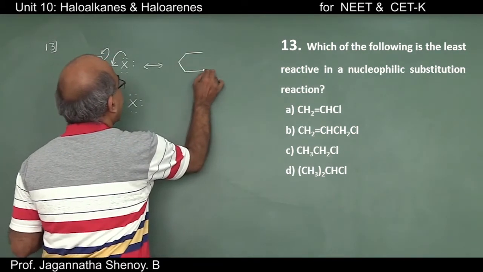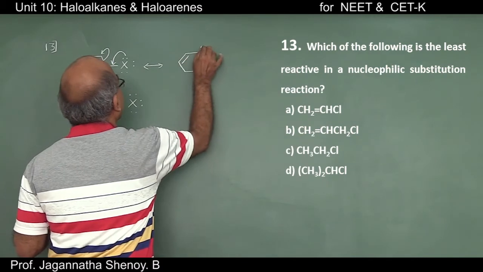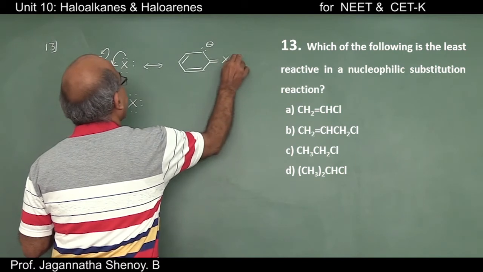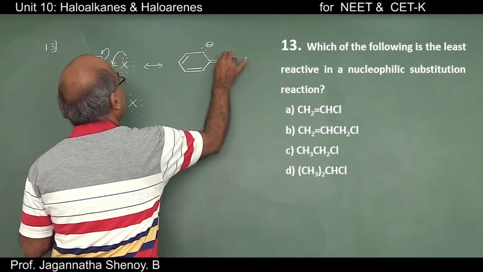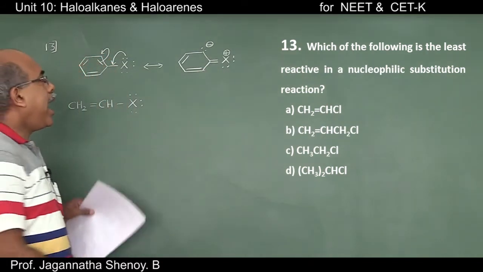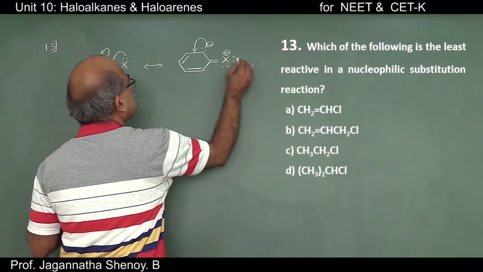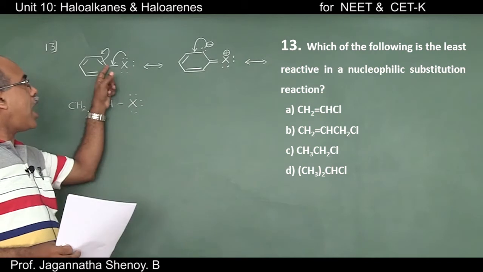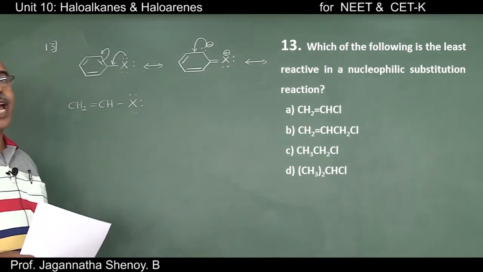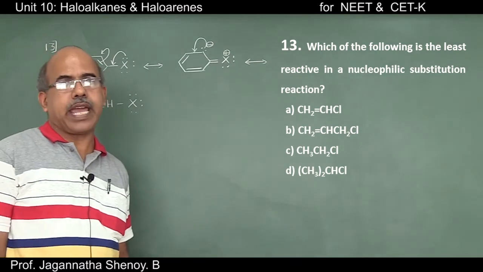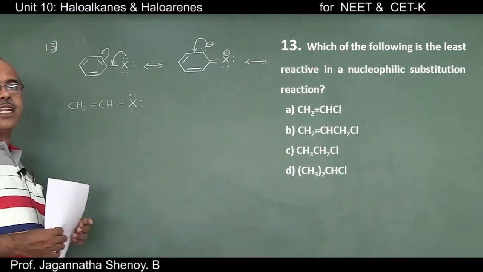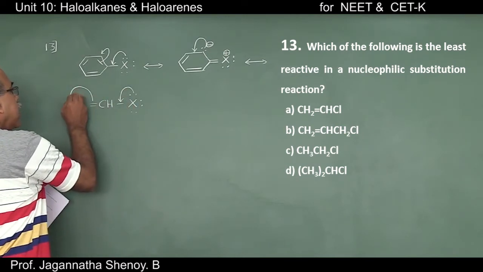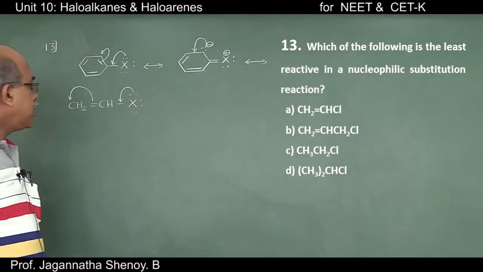So in case of aryl halide, I'll have a double bond here, and here I have a negative charge, double bond, and here you have a double bond, C-X. On halogen, we have two lone pairs and a positive charge. And you know, this process keeps on continuing like this. So, if you observe resonance hybrid, the carbon halogen bond in case of aryl halide will have a partial double bond character. Same way, if I consider vinyl halide, the lone pair of electron gets shifted here. In turn, this double bond gets shifted on the carbon atom.